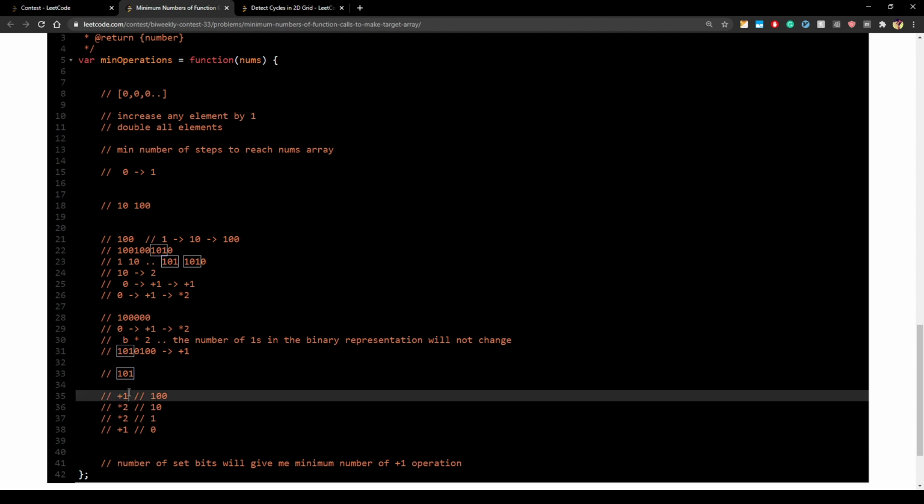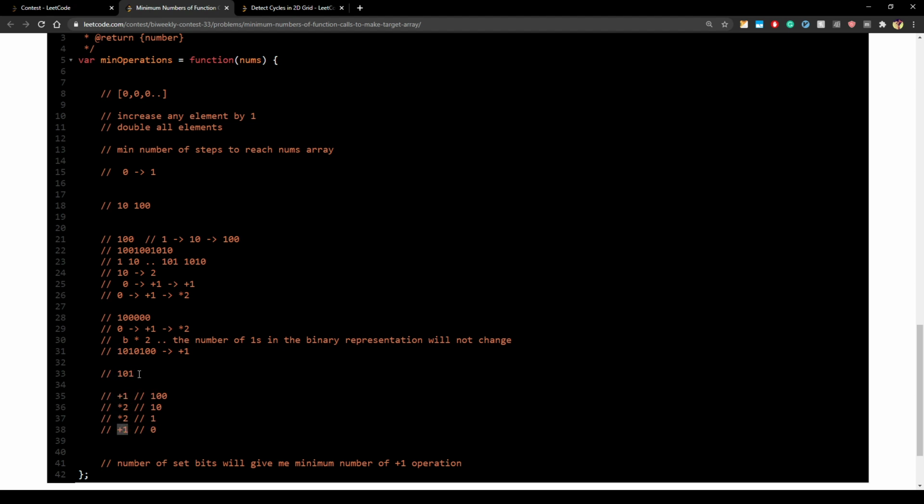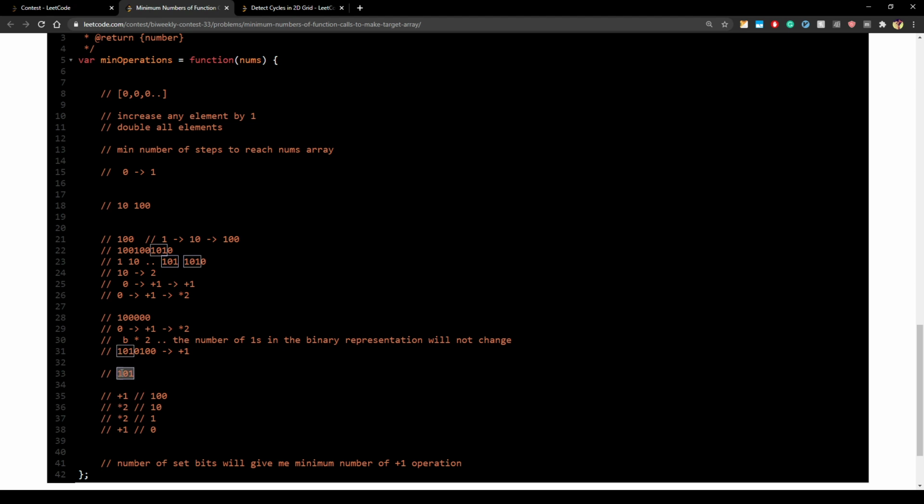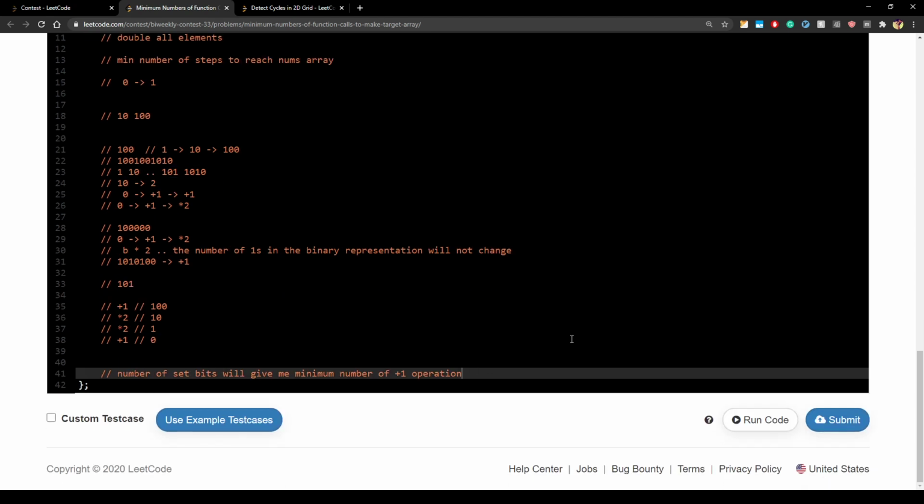So how did we get to it? The two operations will be +1 definitely, and the number of bits is 3, and as I told you, you have to multiply by 2 to increase the bit length. So 3 minus 1 will be 2 because we started with 1. So that's how we will do it. We will count how many set bits there are in the bit representation, and what is the total number of bits in the binary representation of each number, and then we will see what we can do, right?